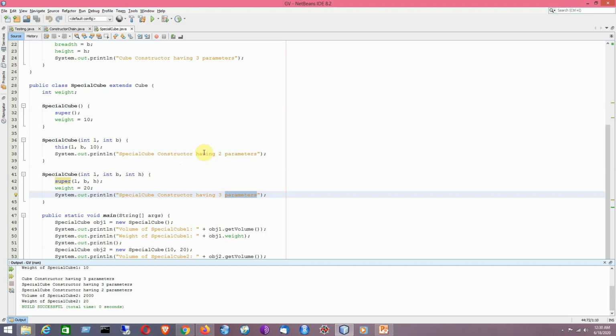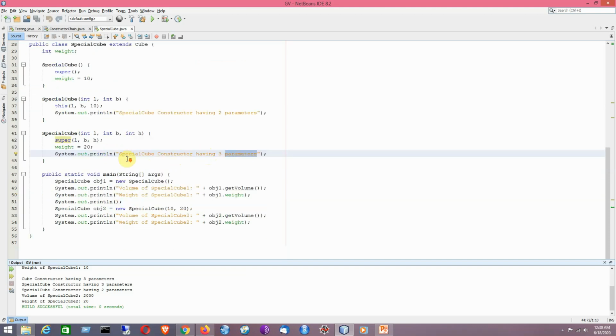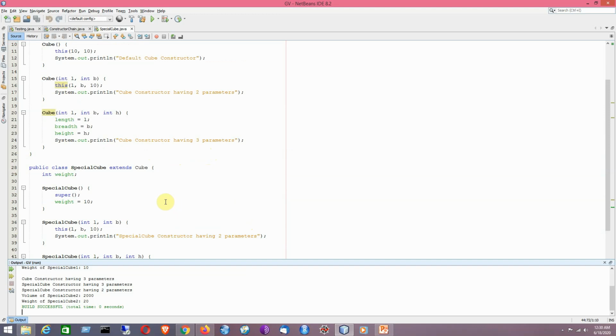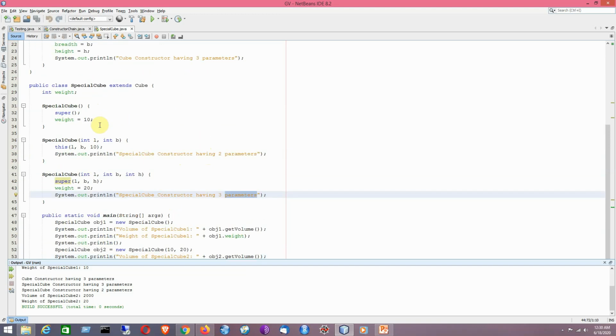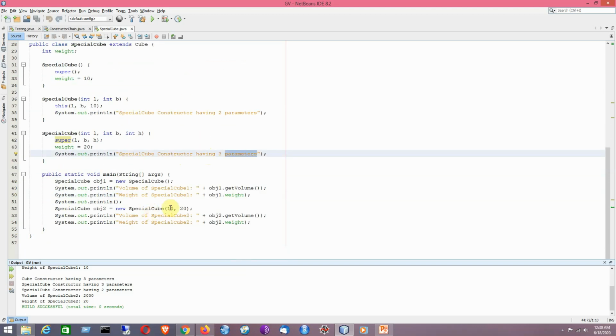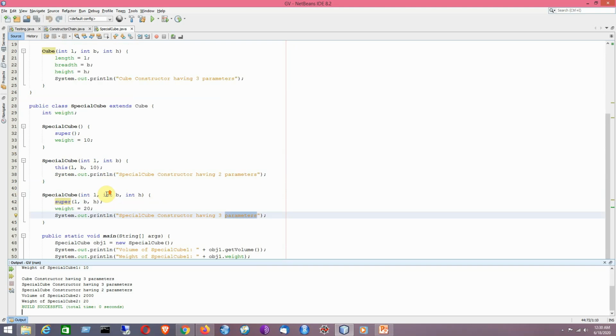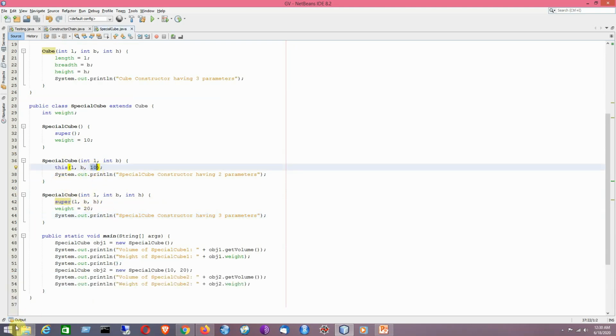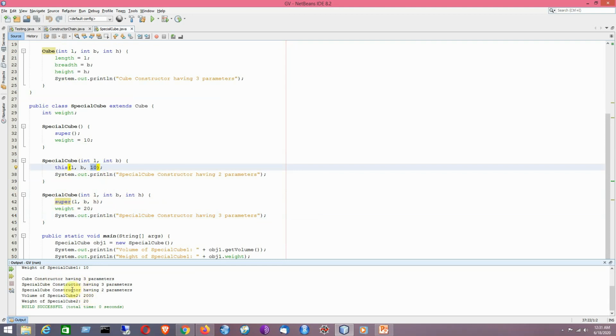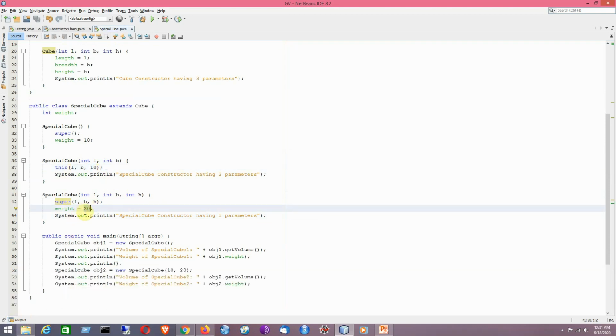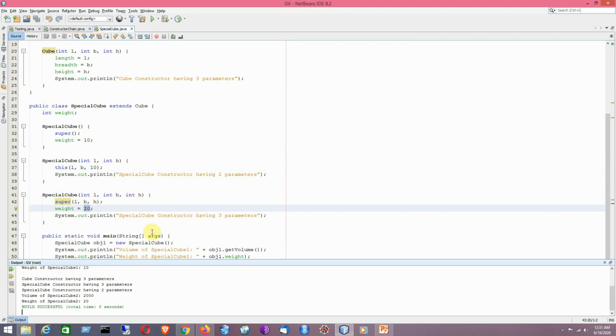Now we are having the value of weight as 20, remember it. And what will be the value of volume? So we will now be calling this get volume method. The value of length is basically 10, breadth is basically 20, and height is basically 10. So that is why we are getting the output as 2000, and for the value of weight it will be 20 because it was initialized with the value 20. So that is the logic of the program that I have tried to implement here.